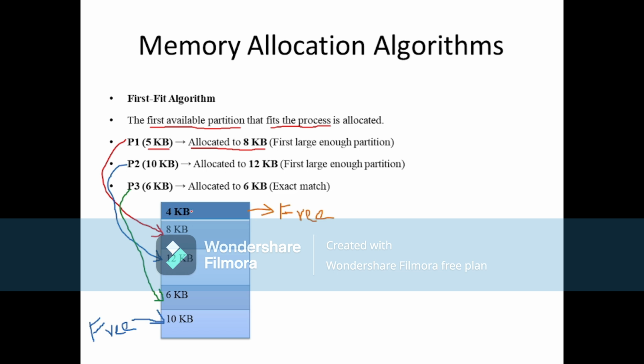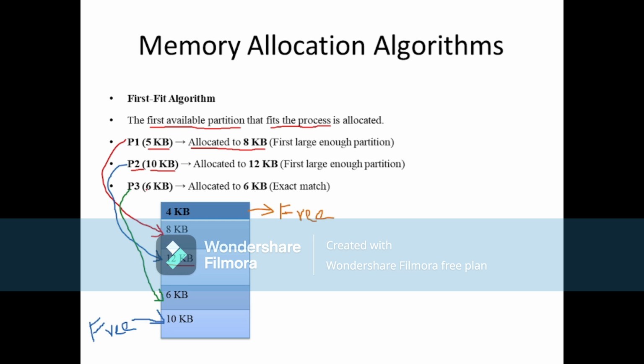The operating system starts searching the RAM from the first partition. The first partition is small. Is the second partition large enough to hold P1? Yes. So this second partition is assigned to process P1. Okay, next process is P2. What is the size of P2? 10 KB. So it checks: 4 KB? No, it is small. 8 KB is already assigned. Then the third partition is 12 KB. Can it hold 10 KB? Yes.